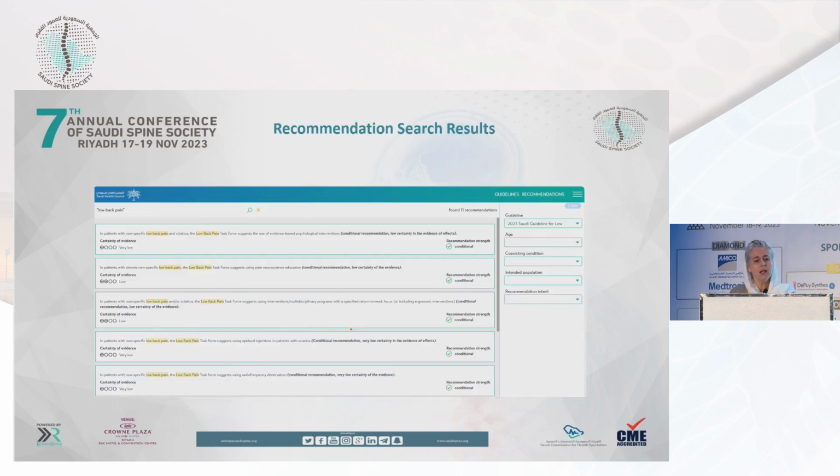And immediately you land on the recommendations, indicating the certainty of the evidence as well. On the right-hand side, and this is in particular interesting if you have a more eclectic set of recommendations, you can filter by guideline, by age group, potential comorbidities, and so on.